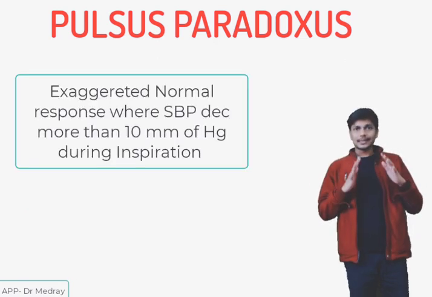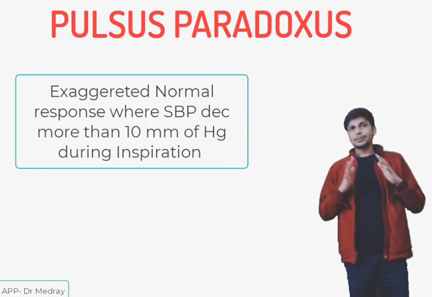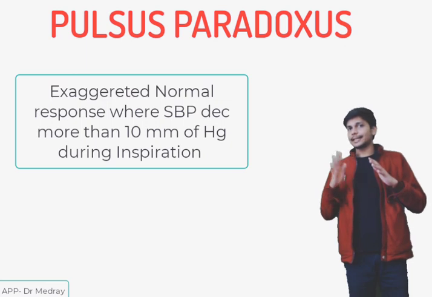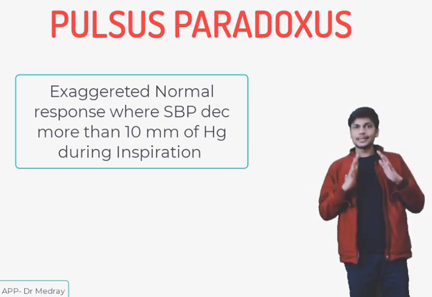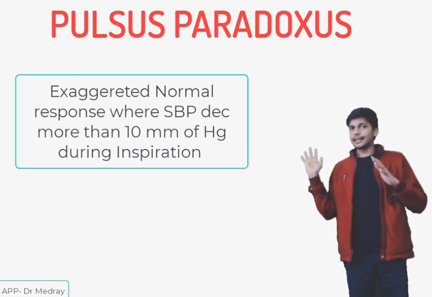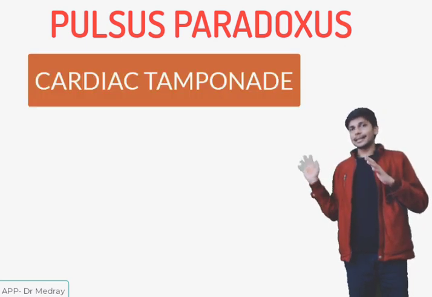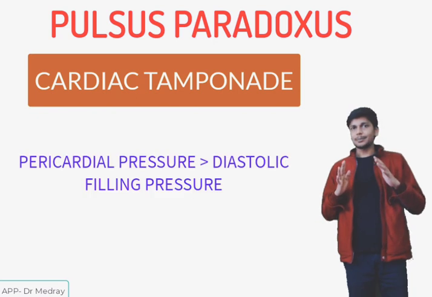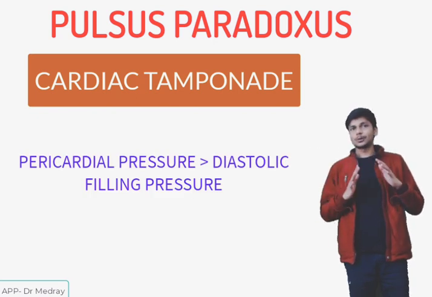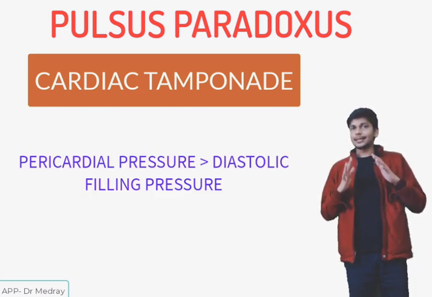Pulsus paradoxus is nothing but an exaggerated normal response, where the systolic blood pressure decreases more than 10 mm of mercury during inspiration, and it occurs in a condition that is cardiac tamponade. Cardiac tamponade is a condition in which the pericardial pressure becomes more than the diastolic filling pressure, and as the